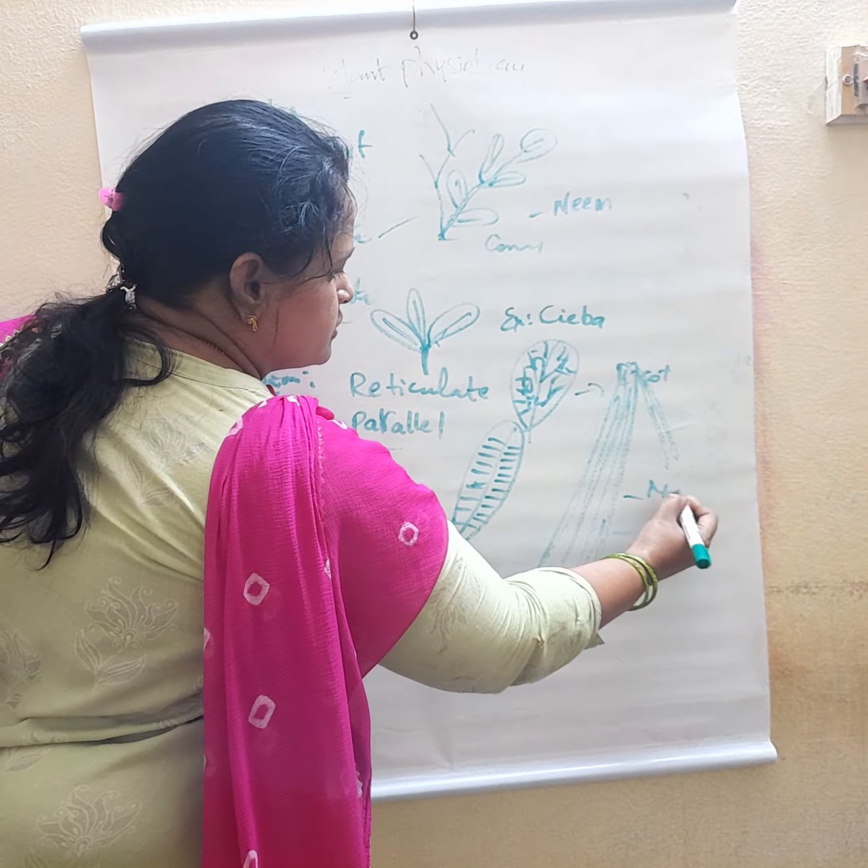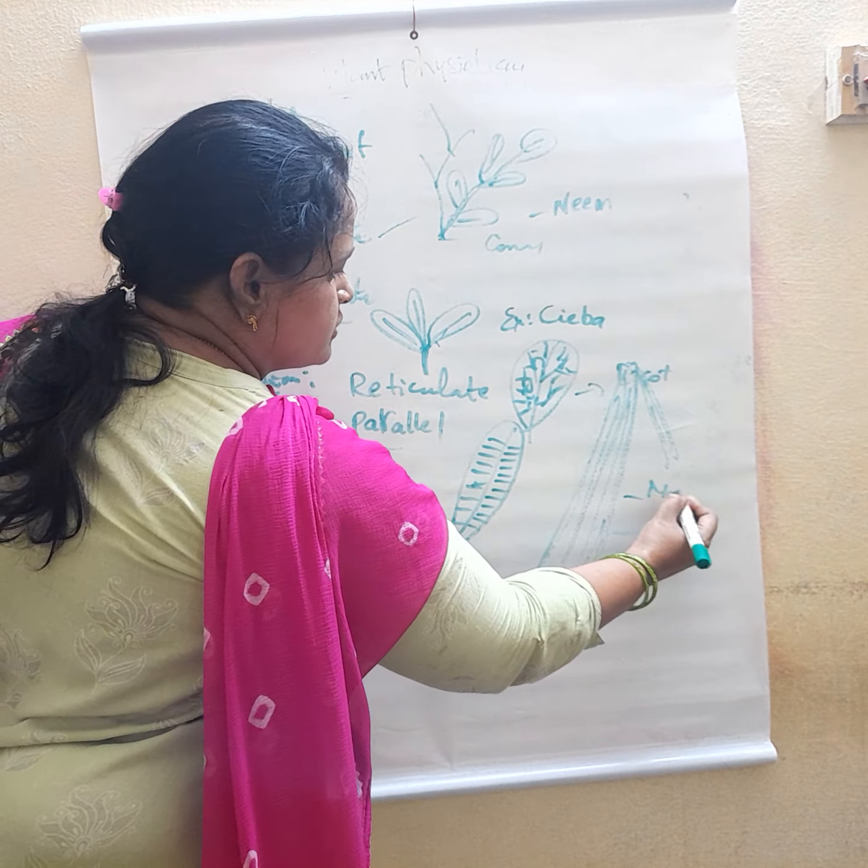Okay, right. So leaf types: simple leaf and compound leaf. For simple leaf you can go for hibiscus. Hibiscus is a simple leaf. And pinnately compound leaf and palmately compound leaf. Pinnately compound leaf, example neem. Palmately compound leaf example is ceiba, right? And reticulate venation is seen in dicots and parallel venation is seen in monocots, right?